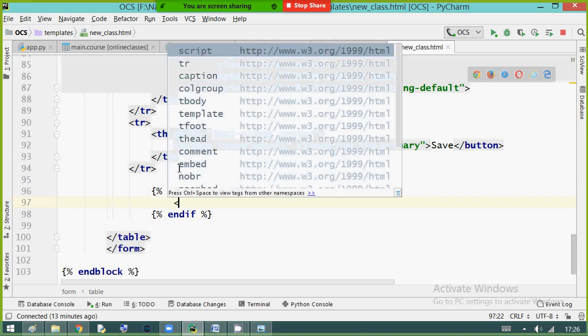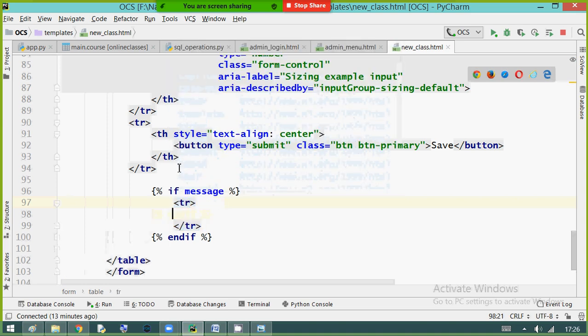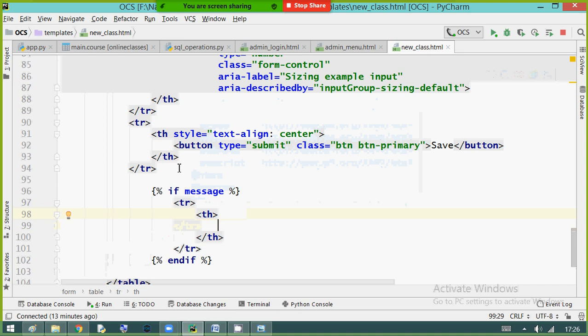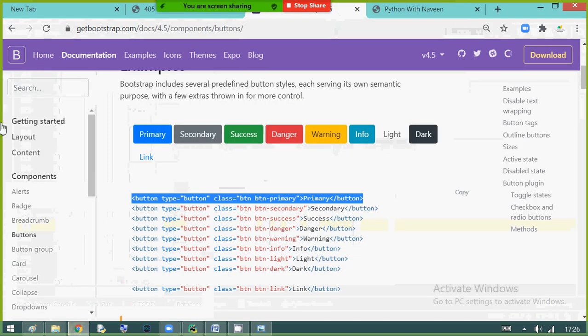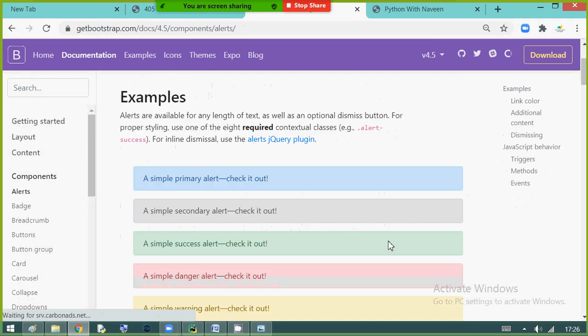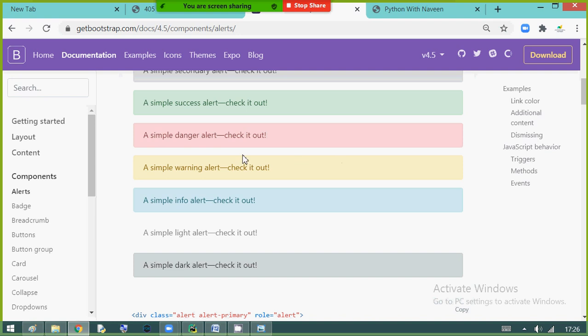Here I am going to create a new table row, new table header. From Bootstrap we can get components, an alert, a simple alert. Whatever alert you like.